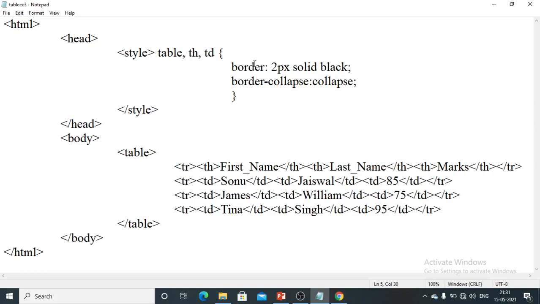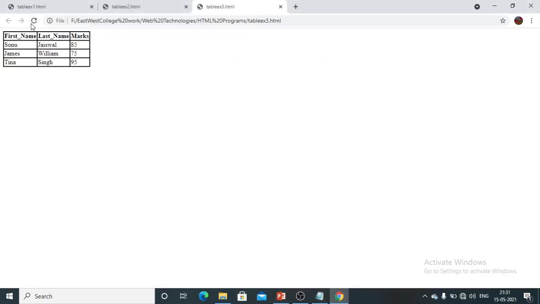Then let me save this content. Let me go back to my browser. Now you have a gap between each cell. So if I refresh, that gap will be eliminated, and you can see the border has become a little bit thicker for 2 pixels values. So if I change it to 1 pixel value, the thickness will be reduced to 1 pixel. So if I save it, go back to my browser and refresh, you will see that border pixel thickness is reduced.